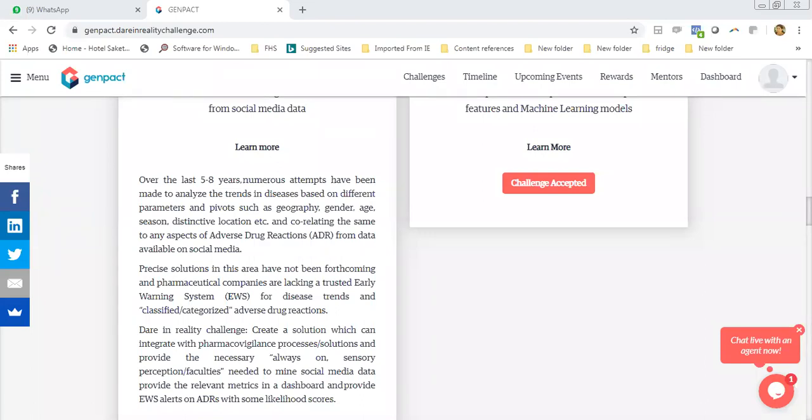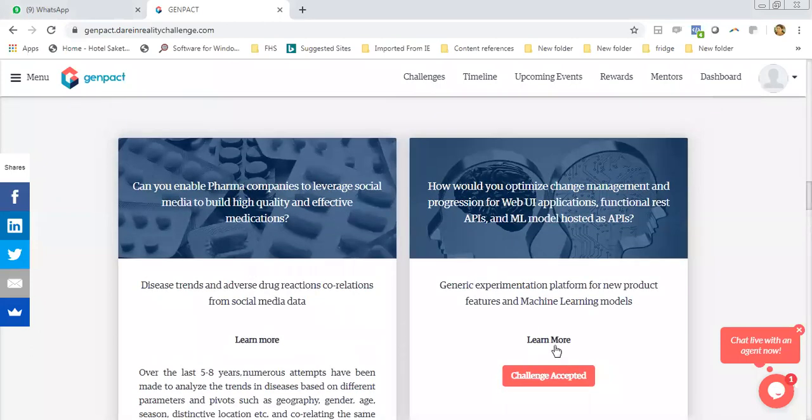So the area here is obviously kept broad, on purpose. What we would expect the group to do is pick a sweet spot, look at the social media avenues where most of the posts related to drug reactions are put in, and first do the analytics and then provide some of the other parts of the solution which we are looking for. So that is the end goal we are looking at.